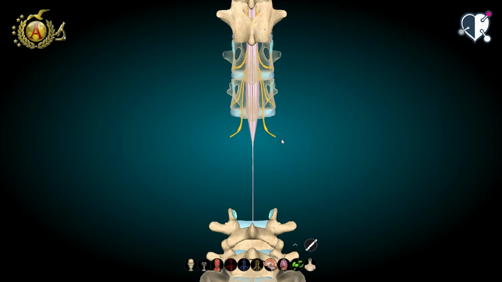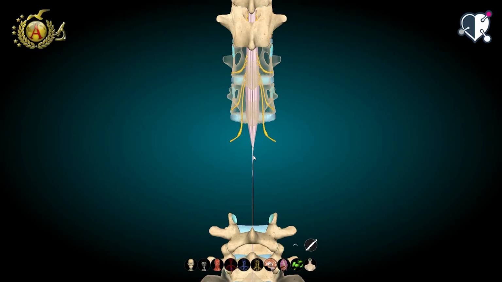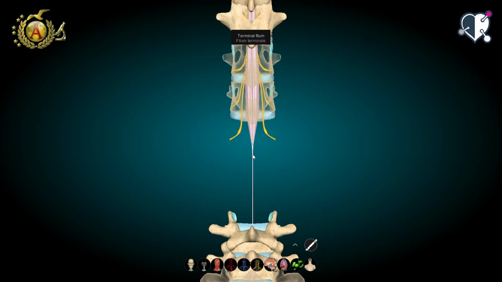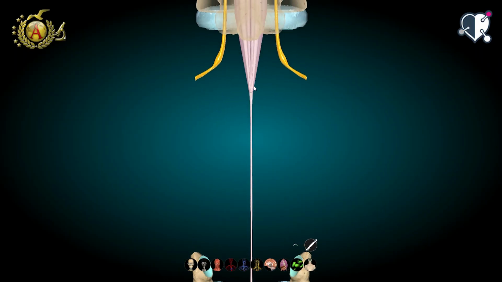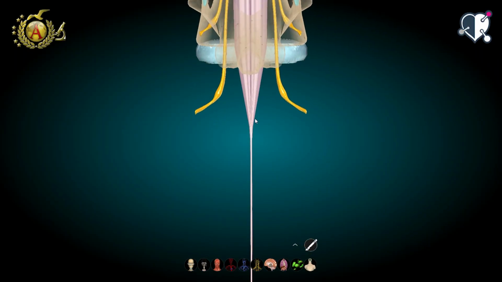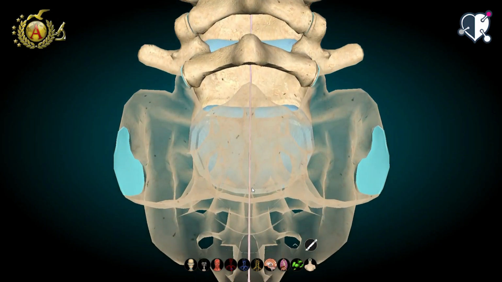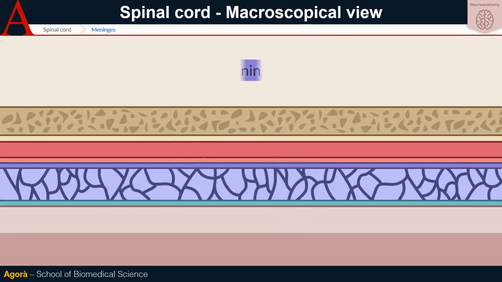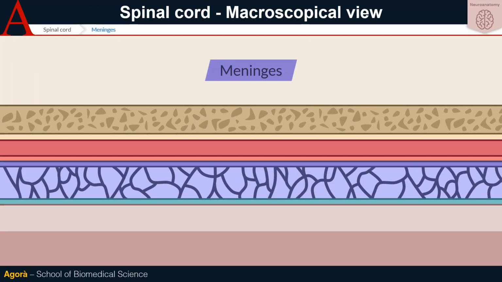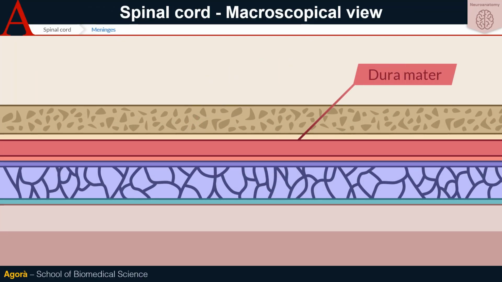At its upper end, the spinal cord transitions into the medulla oblongata, a section of the brainstem. At the lower end, it tapers into what is called the medullary cone. From this cone originates the filum terminale, a fibrous cord that attaches to the posterior surface of the first coccygeal vertebra. The surface of the spinal cord is covered by the meninges, membranes made of vascularized connective tissue that provide